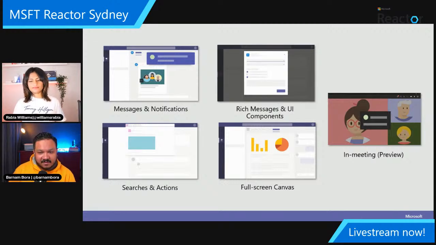But as Rabia said, I'll cover a little bit more of that platform in a couple of slides, so I'll go to that and we'll talk about the Graph and the M365 platform a little bit more without going into too much detail. But basically, think of it this way, it's not just a single app. Teams is not an app. Teams is actually a platform that happens to have all the features of an expected collaboration app, plus then takes it further and makes it a rich integration app platform as well, so that you can bring in other apps,